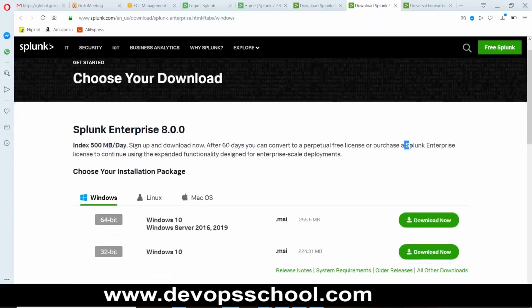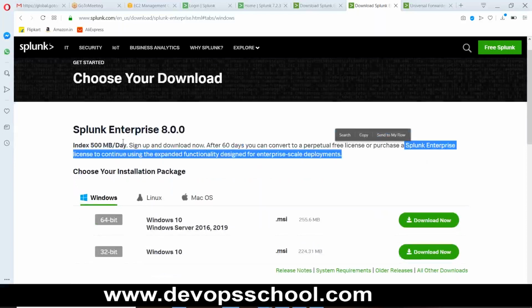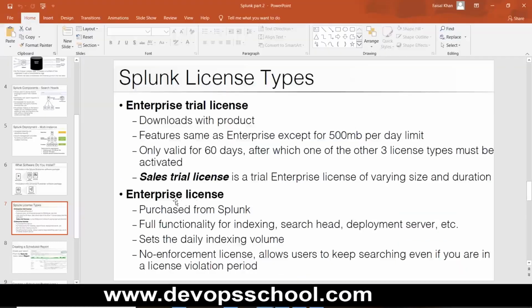Okay, it's written here, Splunk Enterprise license. See, the thing that you will just download and install on your laptop will have a limit of 500 MB per day. It can index data up to 500 MB per day, and it has a limit of 60 days. After that you have to purchase the enterprise license. This is the important one here. As soon as you download and install Splunk, it will come with the enterprise trial license. Download with product, features same as enterprise except for the 500 MB per day limit, only valid for 60 days, after which you have to purchase one of the other three license types. This is the enterprise trial license that you get